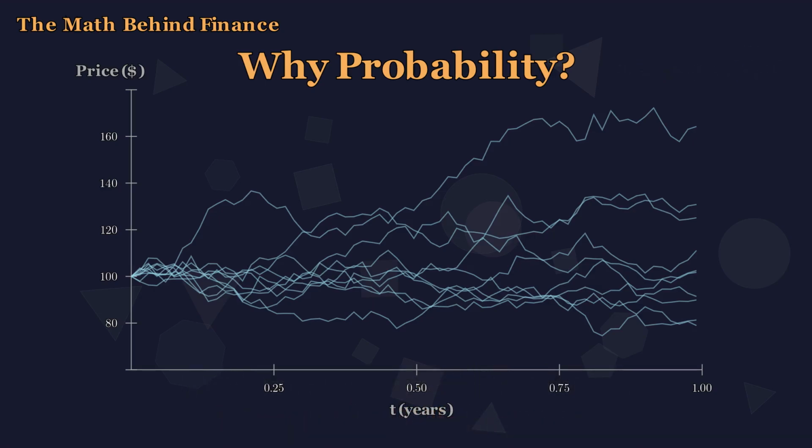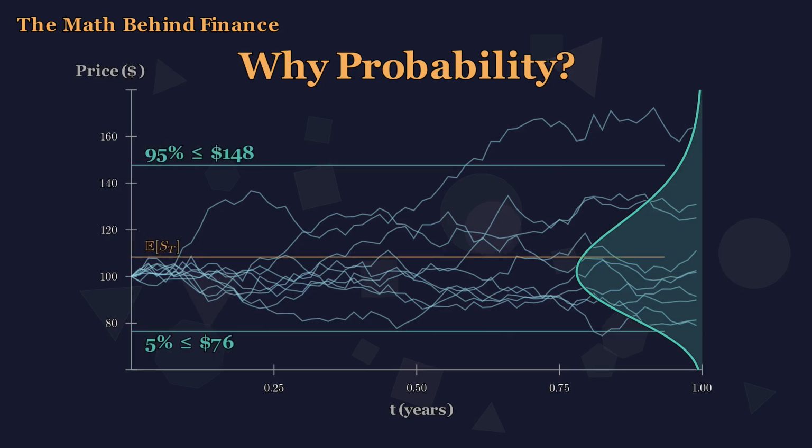So when someone asks, where will the stock be in a year, a common answer comes out. $108. The expected value, one clean number, but that one number is a ghost. You'll never actually see it. It's the average of a thing that has shape. The real answer, the honest answer, is this entire shape.